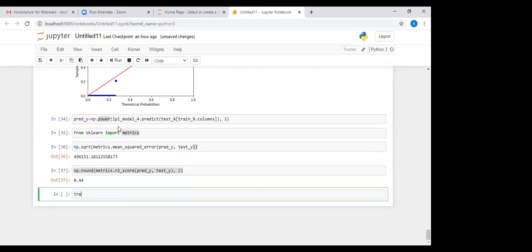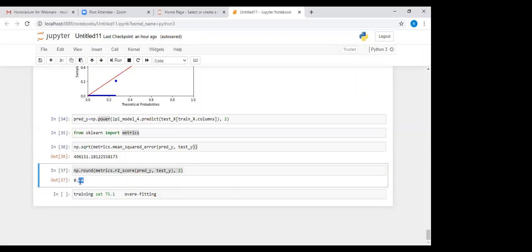What was my R square on the training set? My R square on the training set is 75.1%. So if the R square between the training and the testing set has quite a large difference, it means that there is a problem called overfitting.